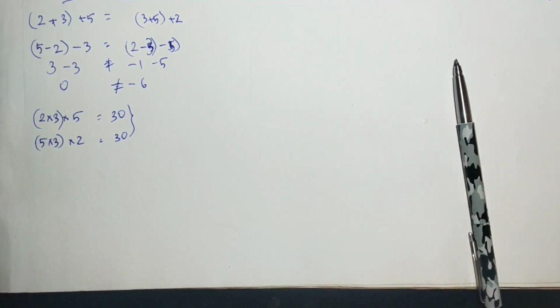Now check by yourself whether it will hold good for division. Can you divide any two numbers out of three numbers? Can you divide any two numbers and then divide the third one? Or it should be a compulsion to follow proper method to divide those numbers which are given in the question first, and then later on, as per the question, the third number should be divided. Okay, so the associative property over division will not hold good.